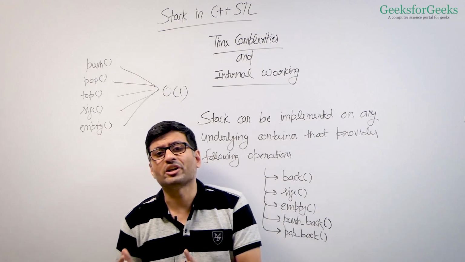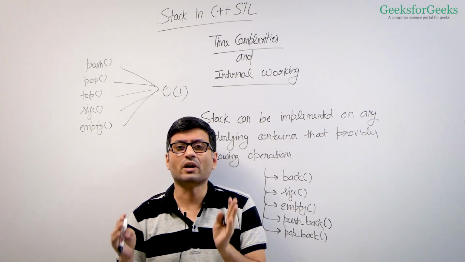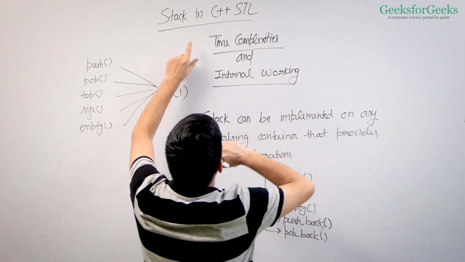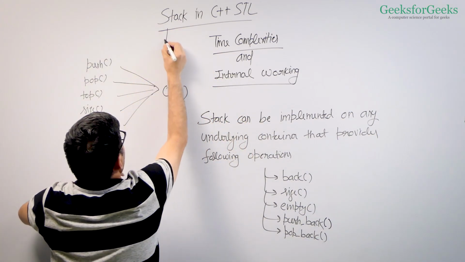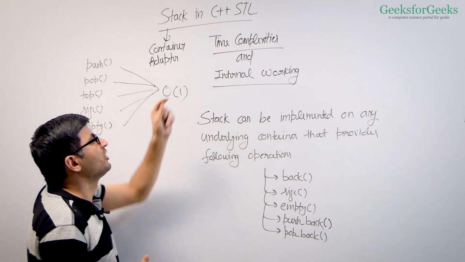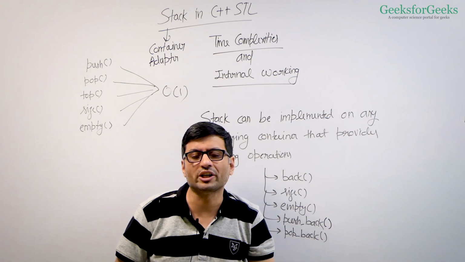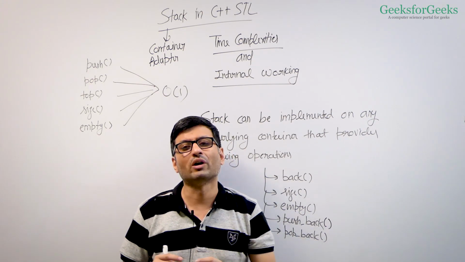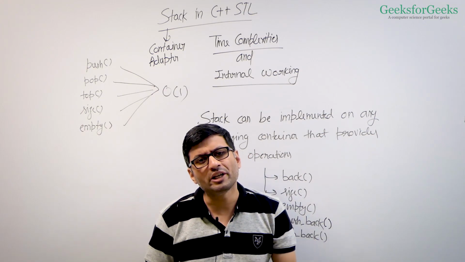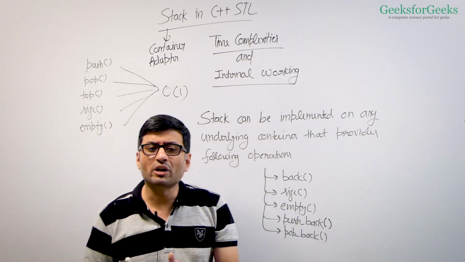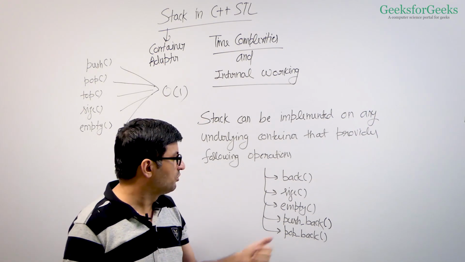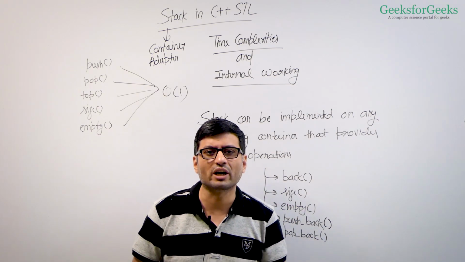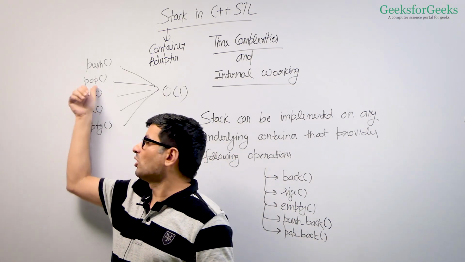Since stack is implemented using other containers and works as an interface, it is also called a container adapter. So in STL language, there is a term called container adapter. The upcoming containers like queue and priority queue are also container adapters because they are built on top of other containers and they only work as an interface. Let me quickly explain time complexity now. Whether you are implementing vector, list or deque, all these operations are big O of 1. That is why stack is guaranteed to have big O of 1 time complexity for all these operations.